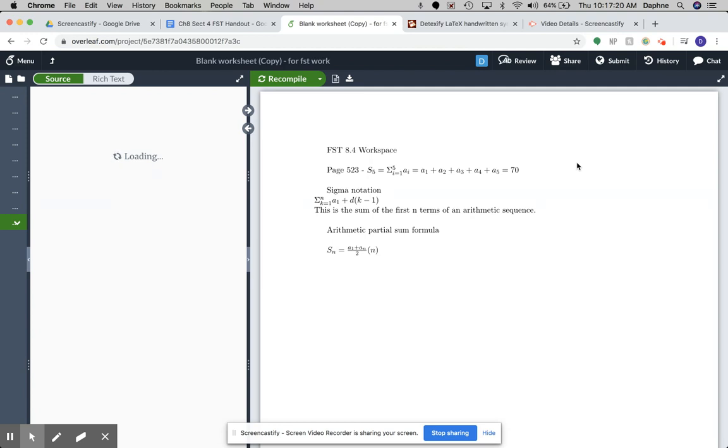So moving on to example 2, while it's still loading and having issues, and I have no idea how long I have left on this recording. So example